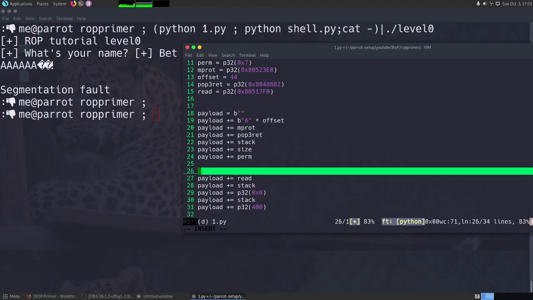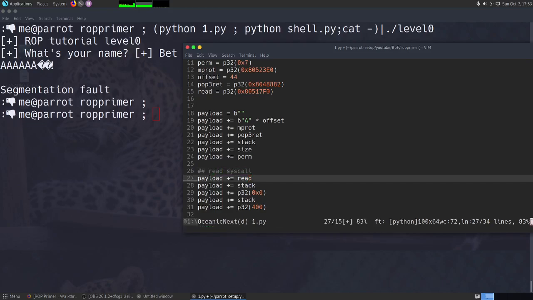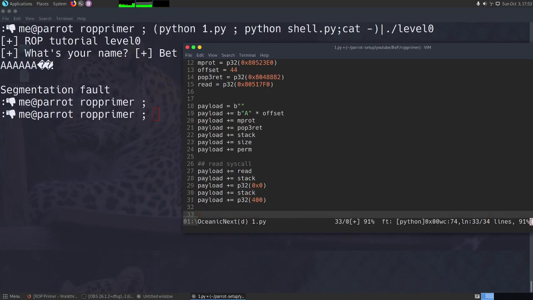Remember, this is your read syscall. So this is my syscall, this is my return address, and I am changing the return address to stack, and then I am giving the parameters for the read call, which is stdin, then the address where to store the values, and the length of the values that I want to read.